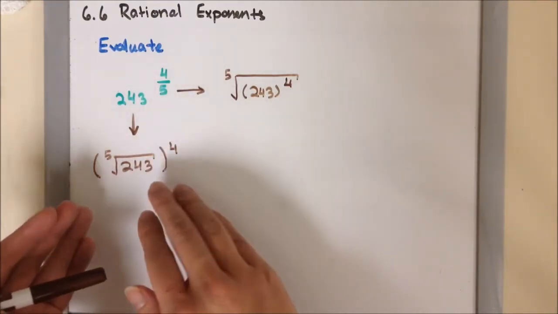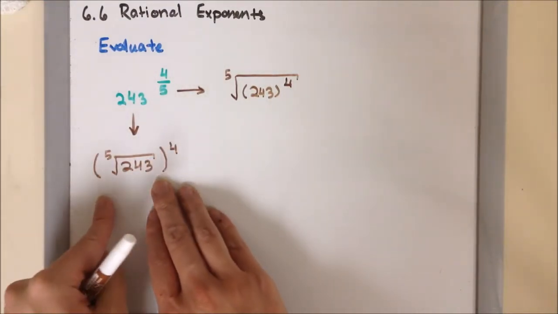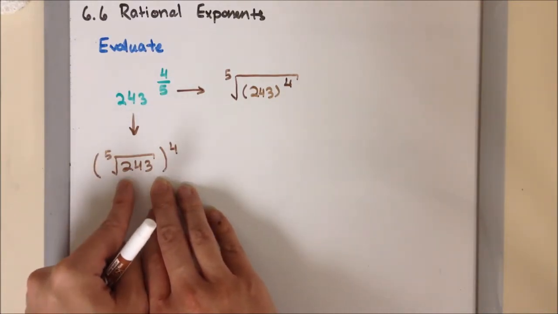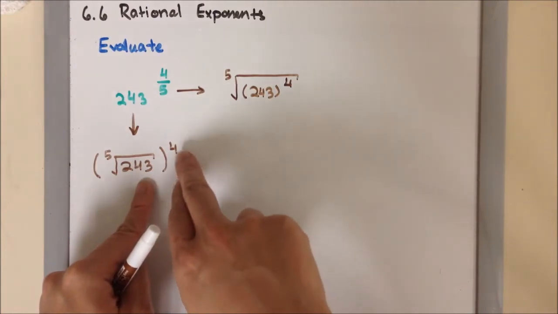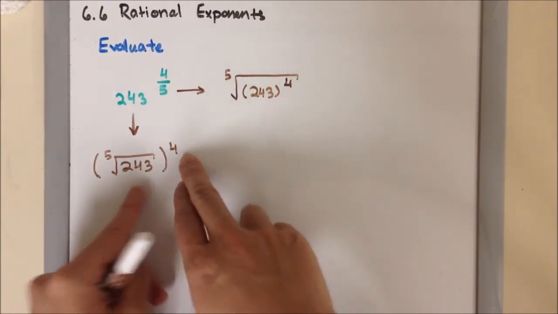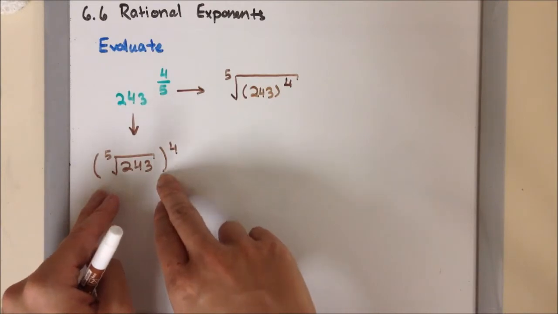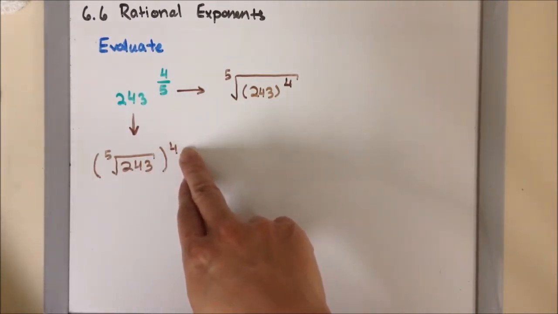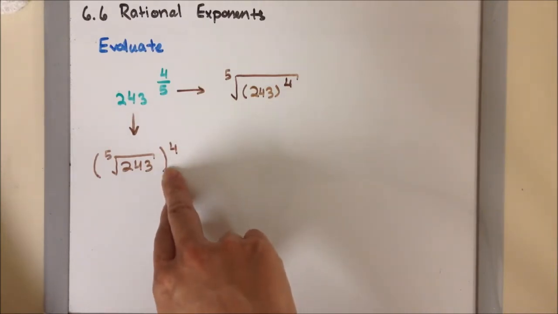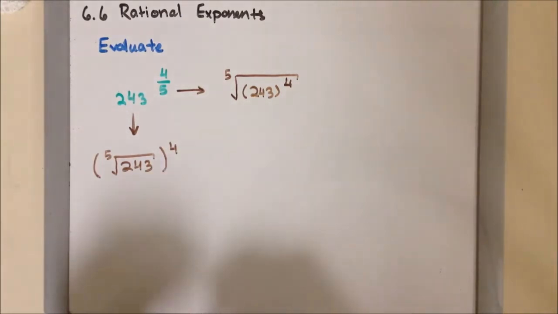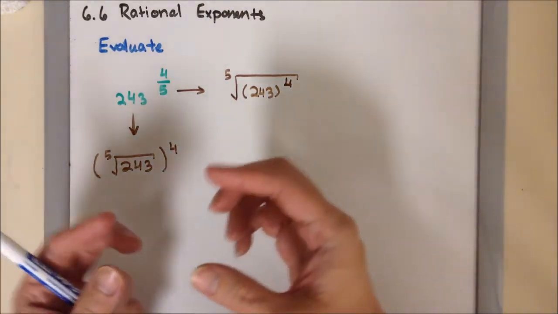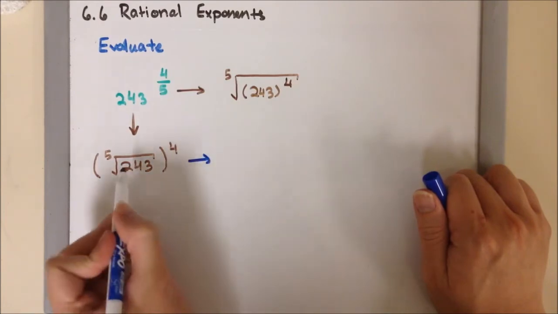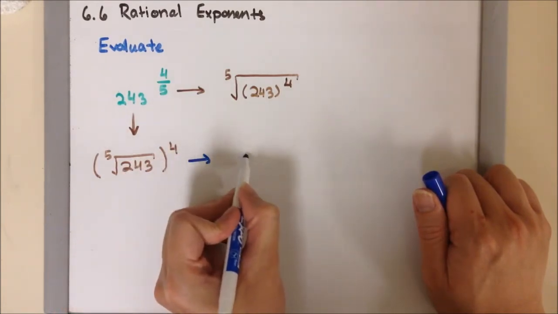In this case we didn't, so the second format is that we would do the fifth root of 243 first and then raise it to the 4th power. Just like PEMDAS, we're going to work on the inside of the parentheses and then work with the exponent. So we're going to use the second format because it's going to be a lot easier to find the fifth root of 243, which will make a small number, and then you raise it to the 4th power. So the fifth root of 243 is 3,